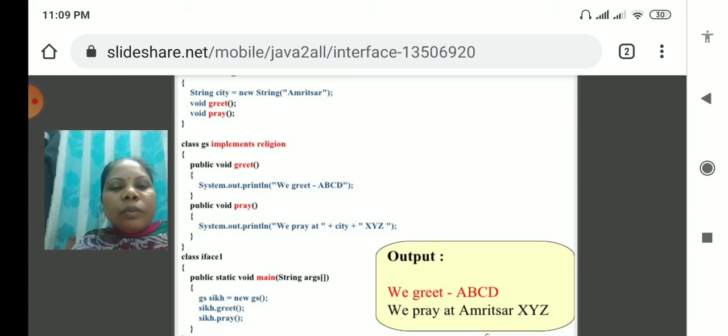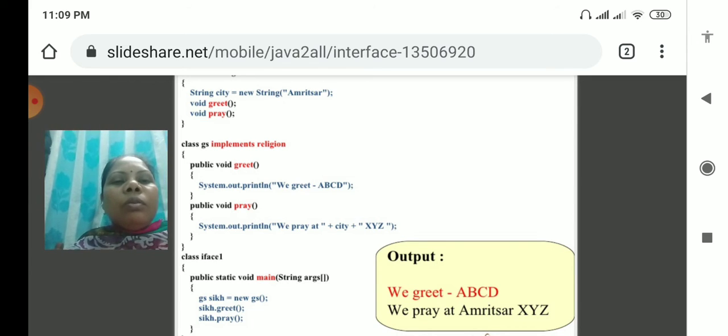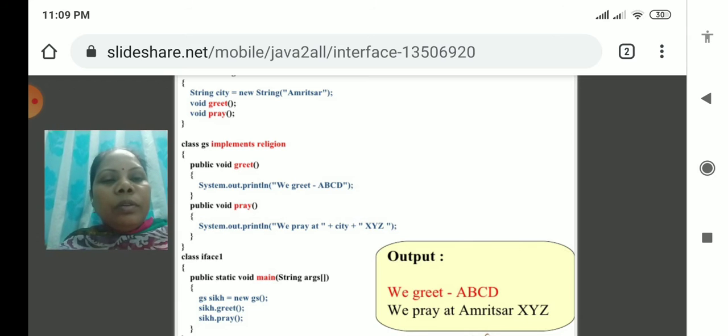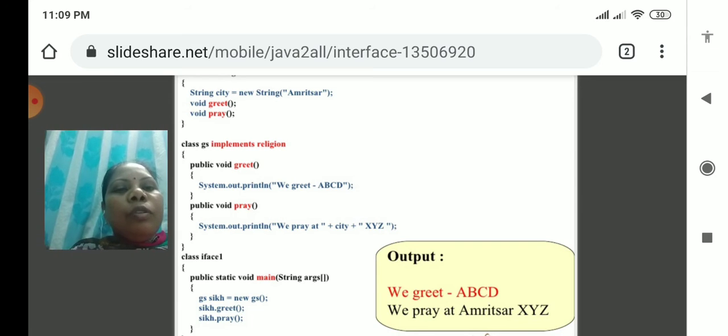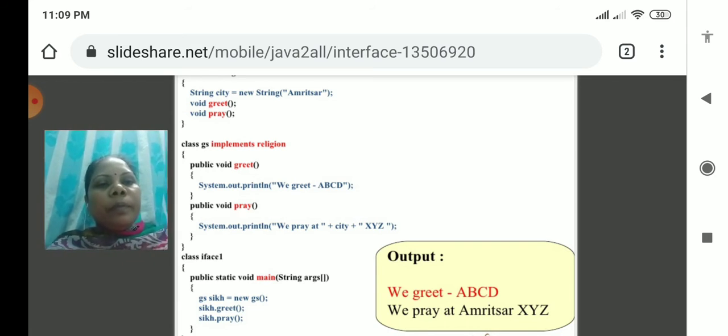So GS is followed by declaring the instance variable name and new GS. I am calling the method great with the support of the object and calling the pray method with the support of the object. So here the code is developed with the class support of the implements keyword.